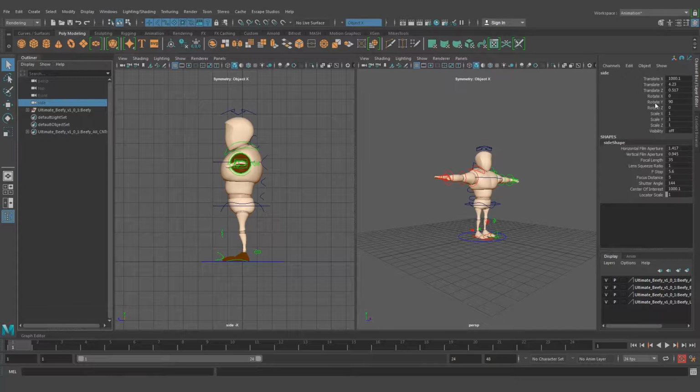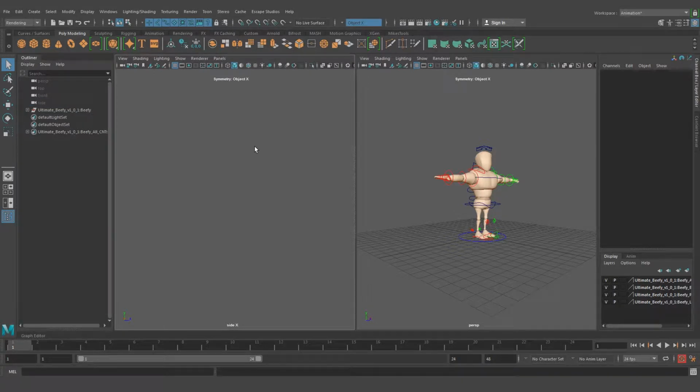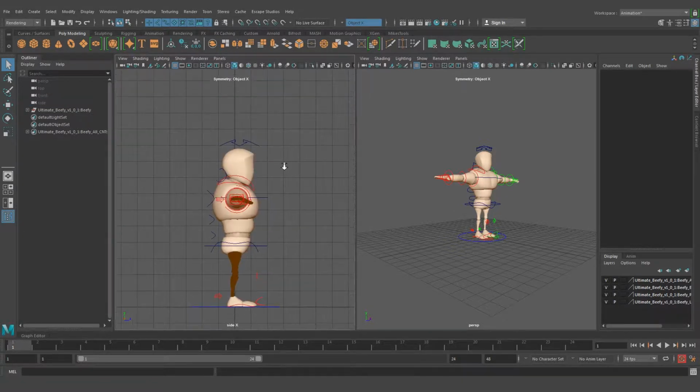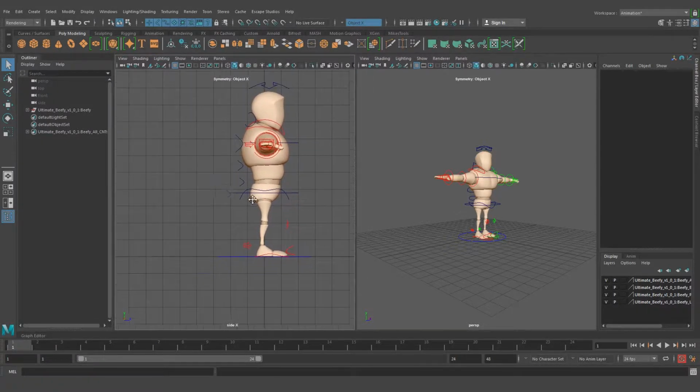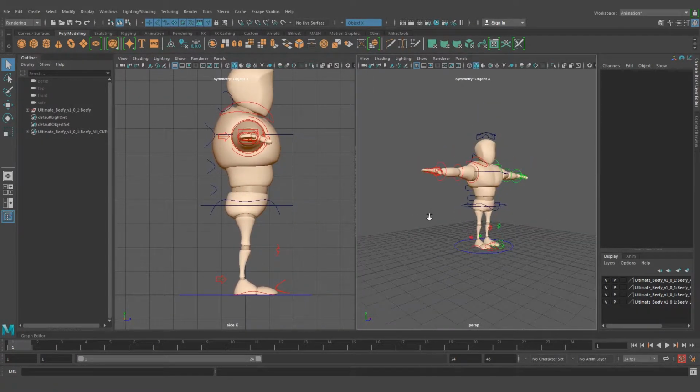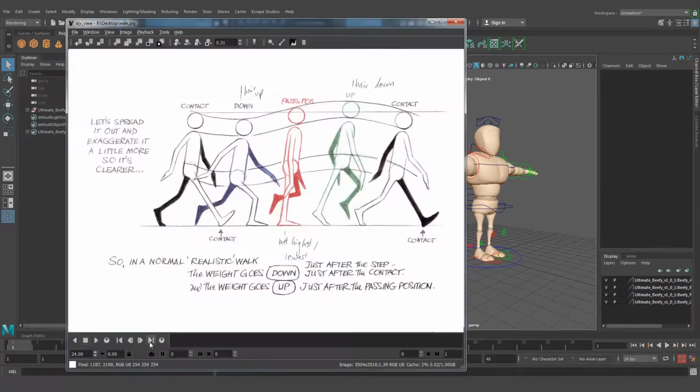And here, instead of putting 19, we're just gonna put -19, so our camera will flip. Then you select the camera again and you press A to frame your character. So now we have the right side. And again, let's put 2-sided lighting. So now we have our side view and our perspective view. So again, the references,